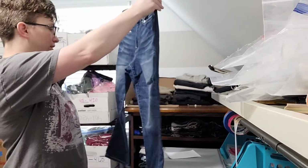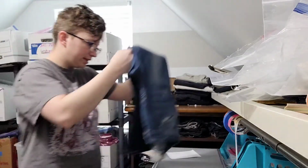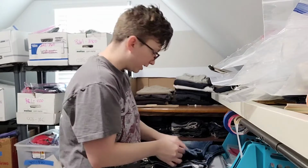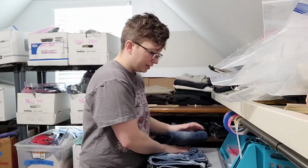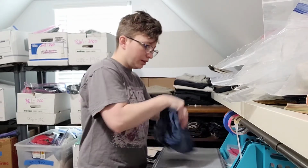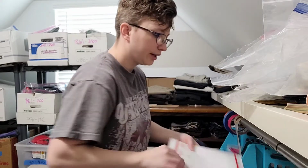Take one good look at them just to make sure I didn't miss any stains or anything. I've done that a couple times while I was packing up sales. I noticed a stain, and then I looked up my listing and realized that I did not disclose it. So when that happens, one of two things happens. I either